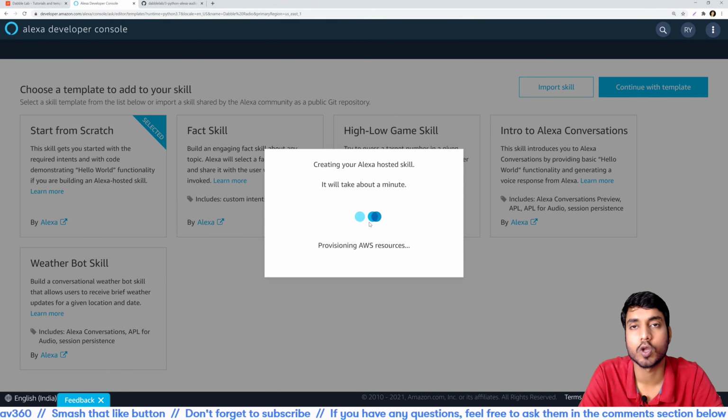And once you change all of that info and deploy the skill code, you're good to go and your skill will be up and running. It can also be published in the market straight away, and it's completely production ready.